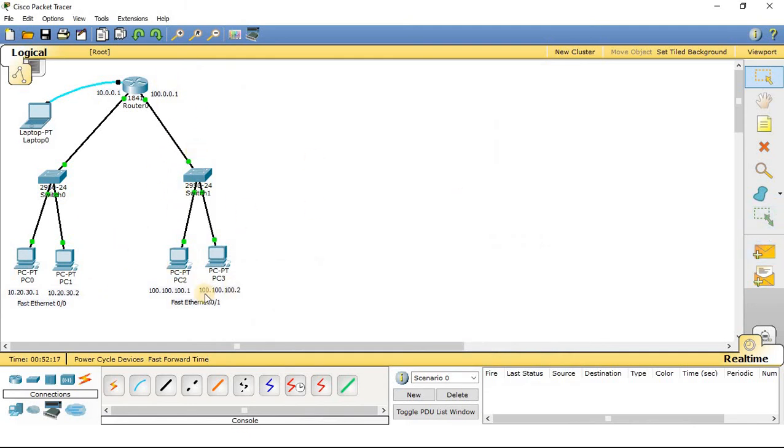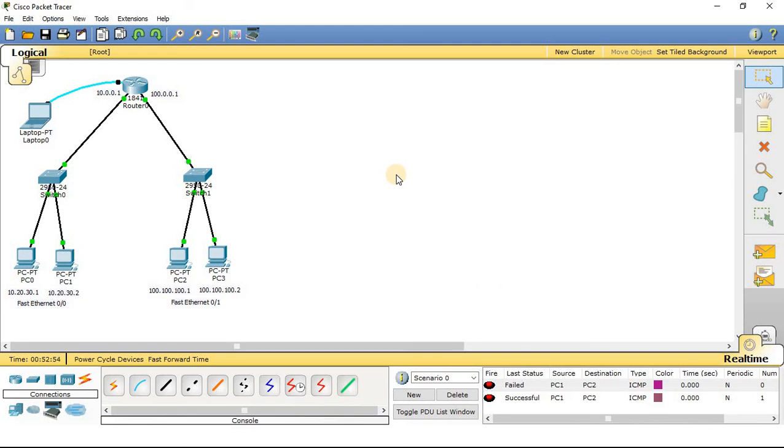So now we have connected successfully these two setups with this router, where these two setups are connected in separate networks. Previously we were not able to send a packet from one computer of this setup to another computer of the other setup, but now we can send a packet. Let us check. You can see successfully we have sent a packet from the source PC1 to the destination PC2.